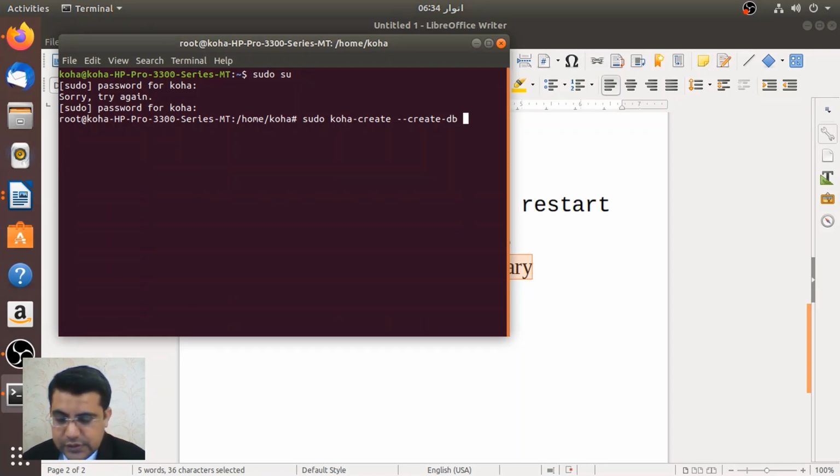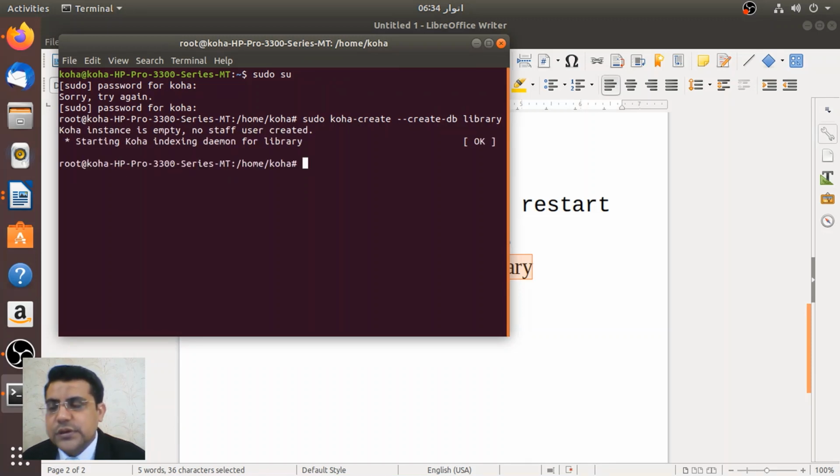I mean, there you need to write the database name. Okay, so library database name. So it has created. Koha instance is empty, no staff user created, starting Koha indexing, and the rest of the thing you can see. Okay, now